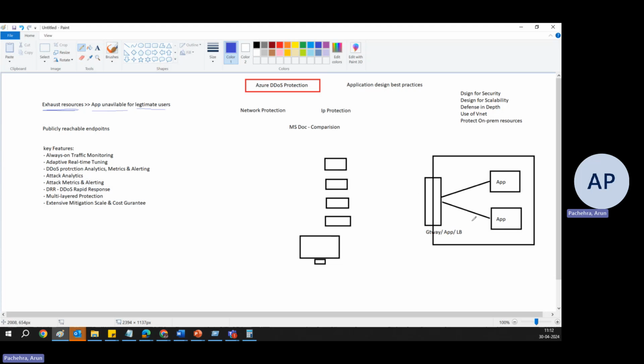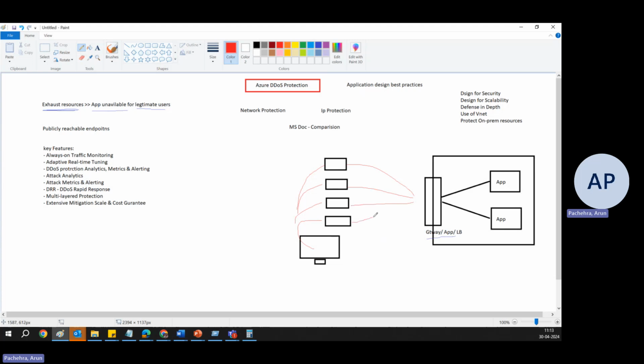For example, let's suppose these are the applications running at the back end of maybe a load balancer or application gateway, as you see here. And here is somebody who is attacking, or you could say an attacker. It will somehow compromise the other computers right here. And these computers are called bots. With the help of these computers, there could be any number of computers sending traffic to this